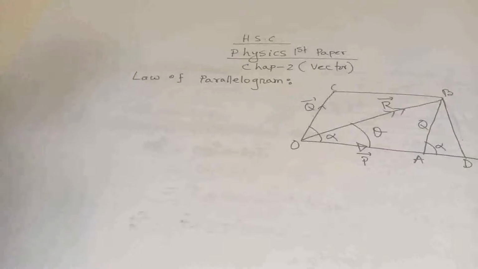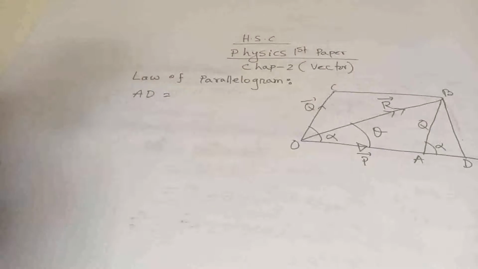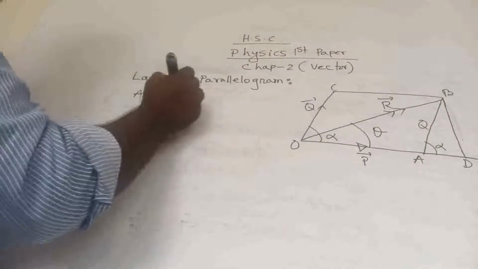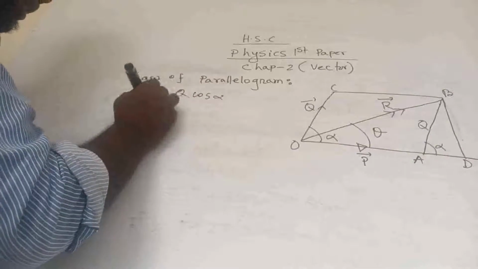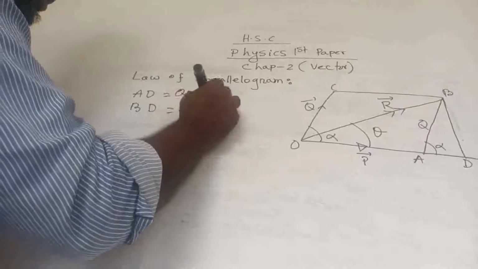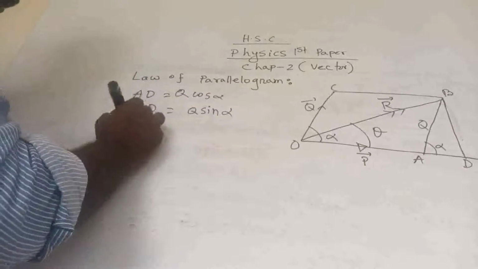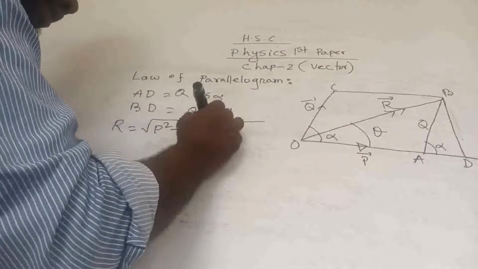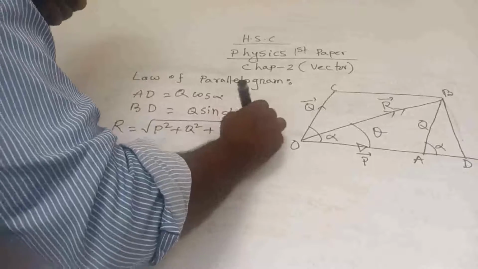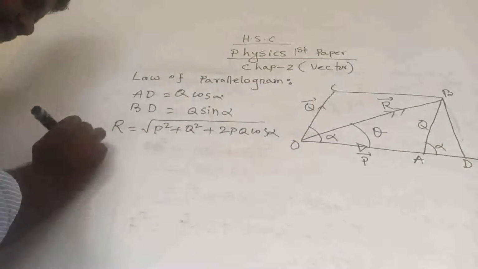Dear students, in the last video we calculated AD equals Q cos alpha, and BD equals Q sin alpha. We have also calculated the length of the resultant, that is R equals the square root of P square plus Q square plus 2PQ cos alpha. So in today's class we will calculate the direction